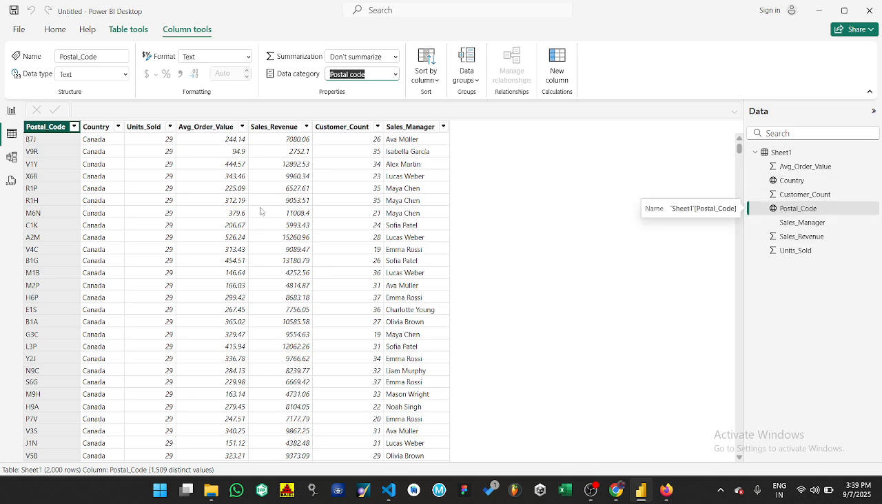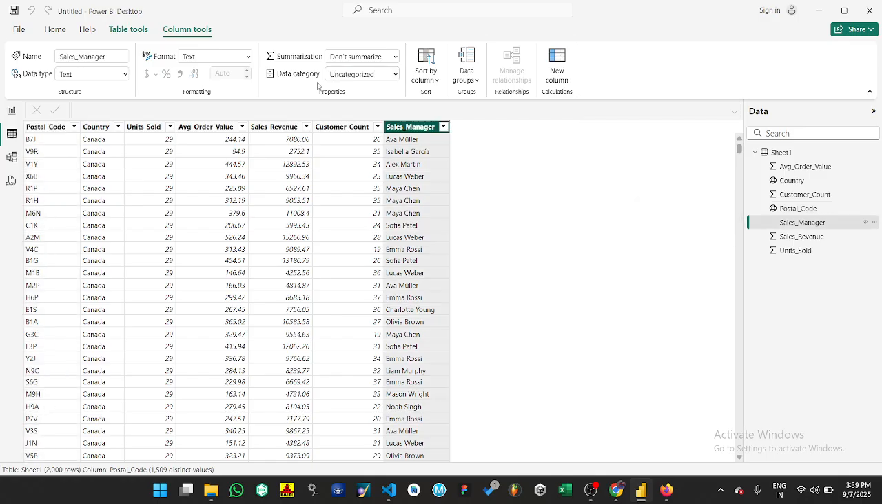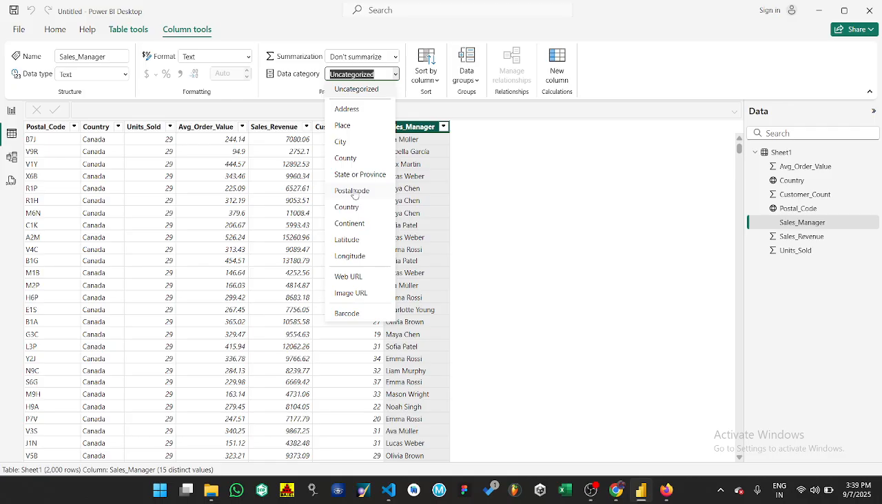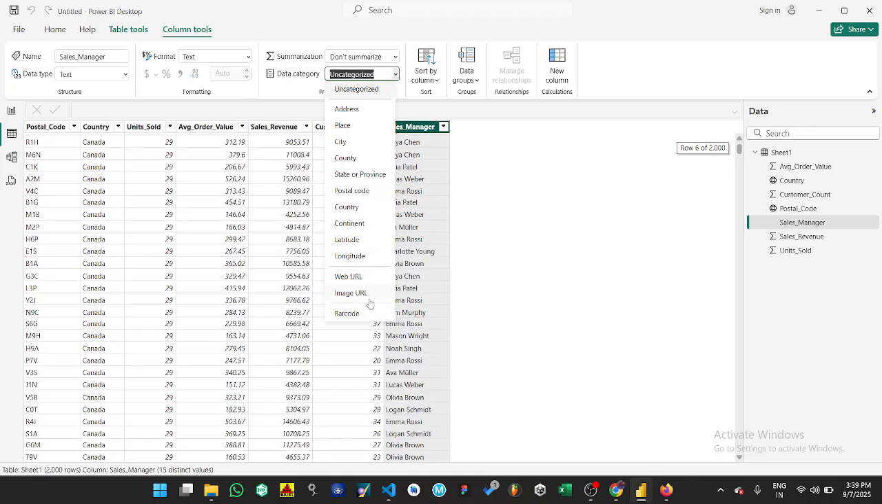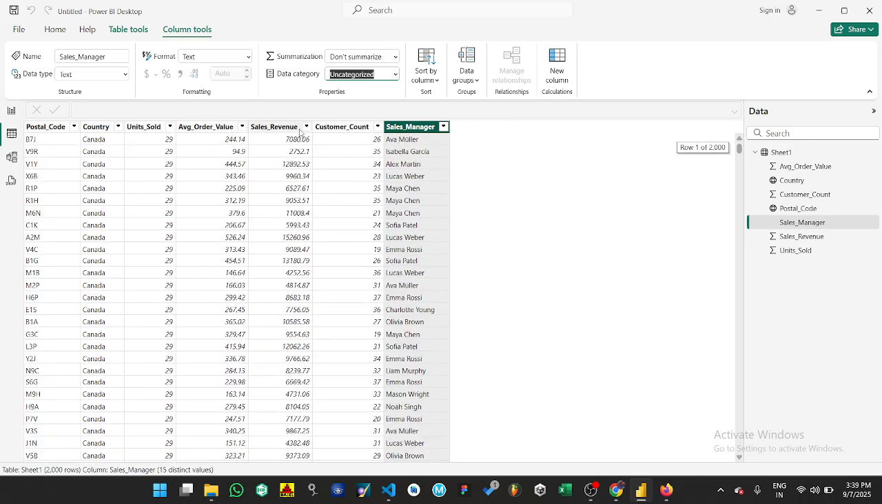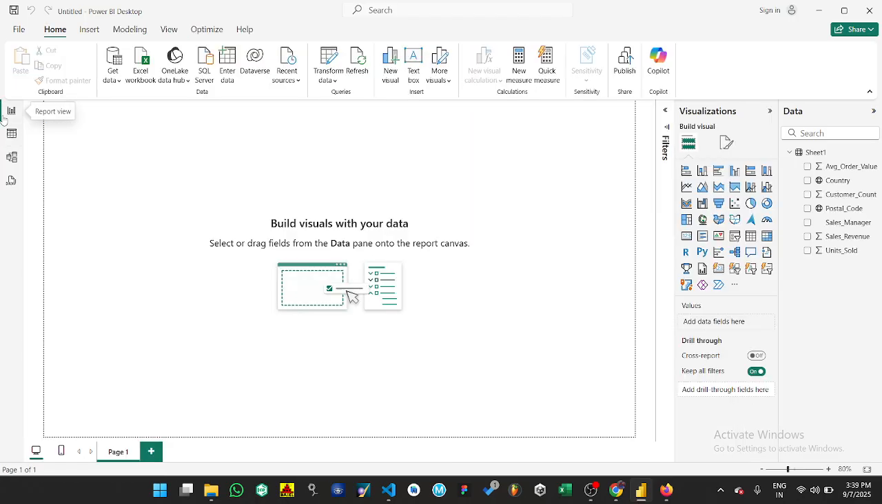And if we also want to categorize this sales manager, we can categorize it, or if we don't want to, then also here a data type is included, that it is text. So now we are going into the dashboards, and in report view